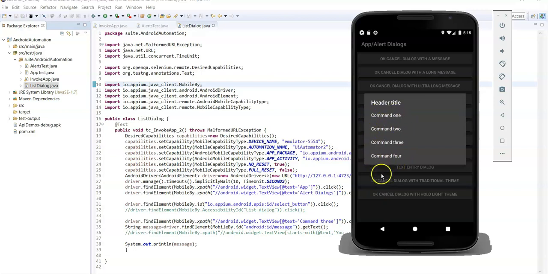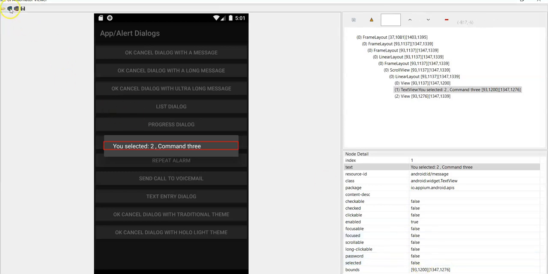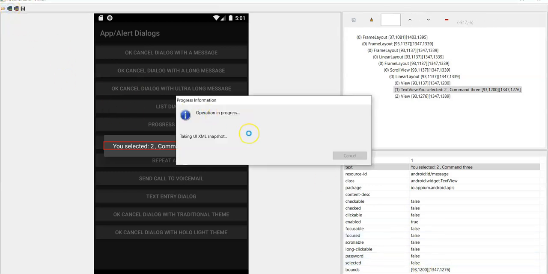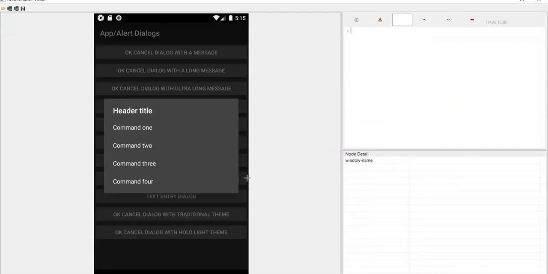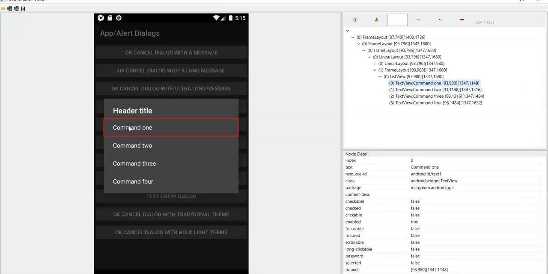So to print these values you need to get the locators for these options, right? Okay, go to UI Automator here, click on the device screenshot icon. See, you can identify the locator for each option.